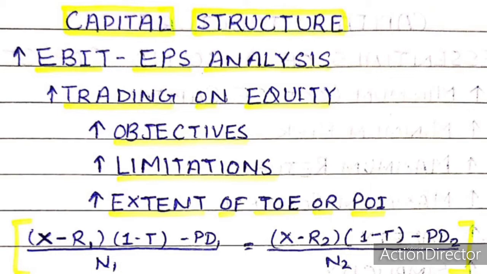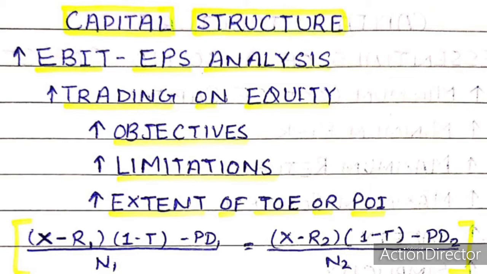Number 1, certainty and stability of income. The policy of trading on equity can succeed only when the company is sure of a stable and regular income. If the income of the company is uncertain and fluctuating, it will not be in a position to pay interest on its borrowings during lean years and may face the risk of insolvency. In such a situation, the company should not follow the policy of trading on equity.